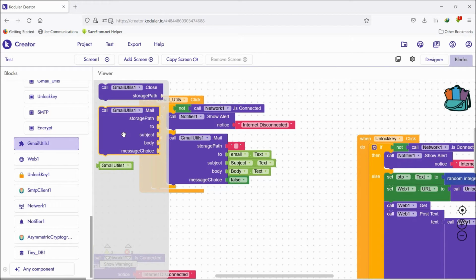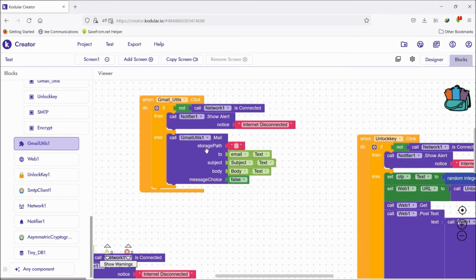It's an old extension, but it is a native extension. It can be used anywhere, guys. Any mobiles will be accepted by this extension. This works like an activity starter. So I just need to drag this and give, if you want any attachments, then you can give a storage path, else you can keep it blank. I just kept blank. I don't even want to give any storage now.